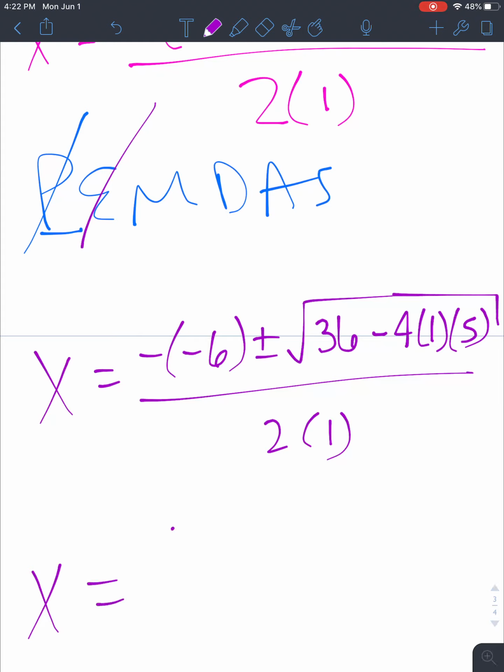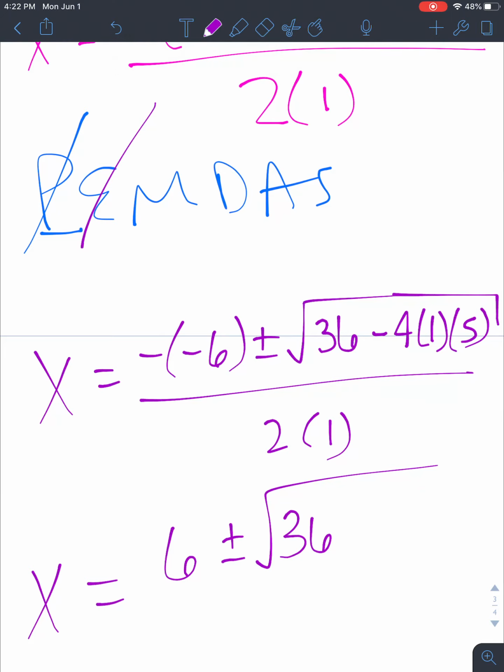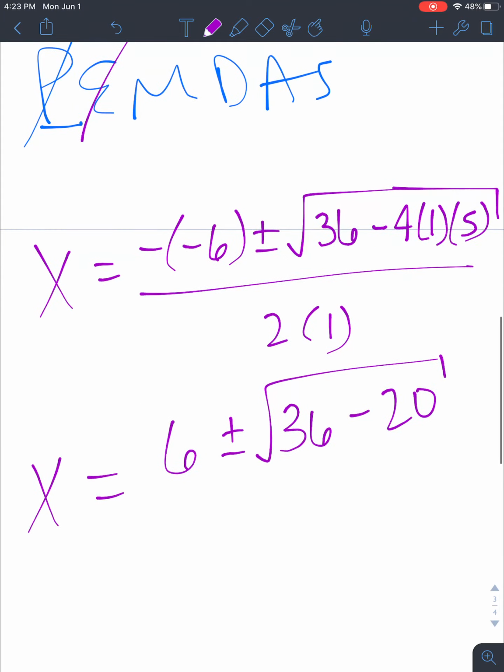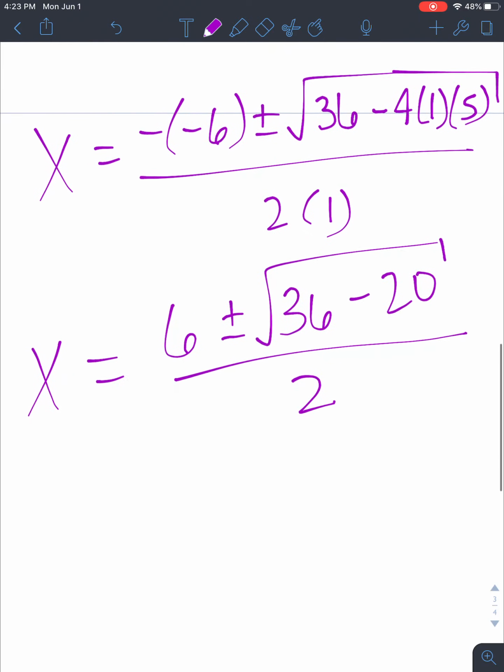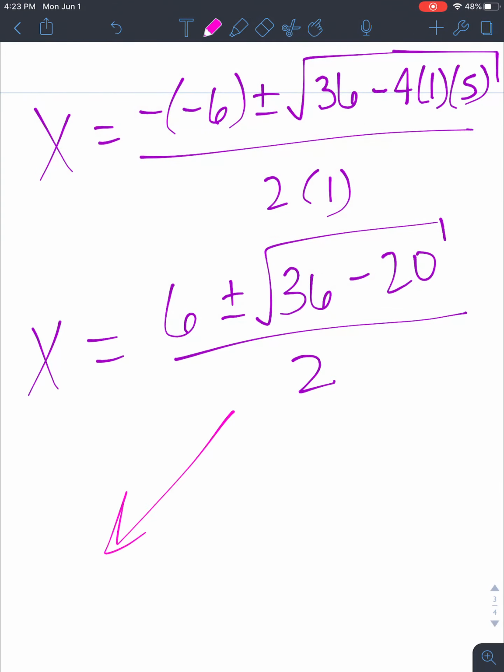So we have -6, that gives us +6. We have plus minus our 36. Then we have -4 times 1, which is -4. And then -4 times 5 is -20. All right? So we have 36 minus 20, and that's all over 2 times 1, which is 2. At this point, we can now split our